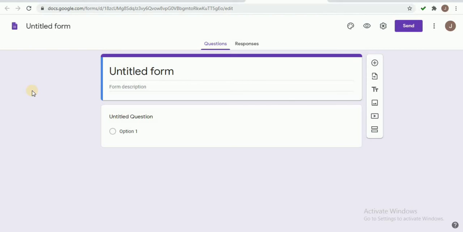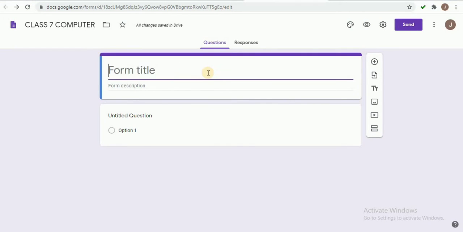Now here in the corner you can change the form name. Here I am giving my form name as Class 7 Computer, because I am creating a 7th standard question paper. After changing my form title, I am adding my form description as Monthly Examination